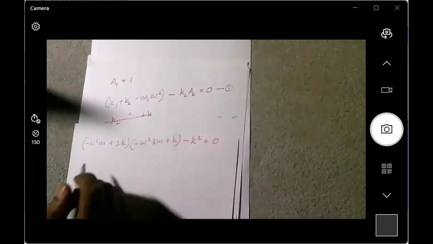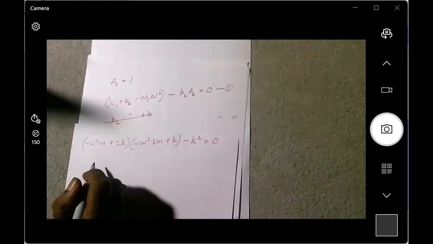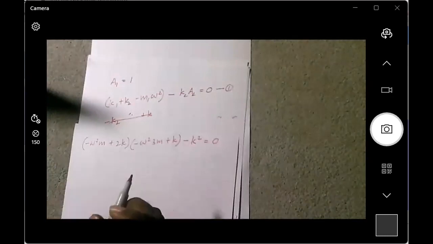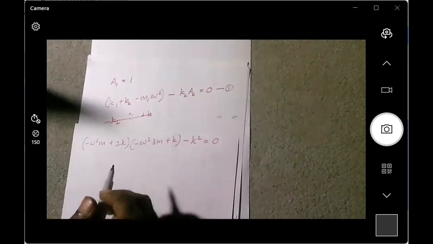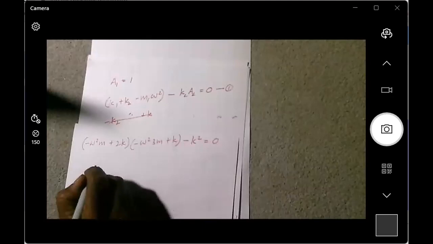And we can expand it and simplify. So you should get 3m squared